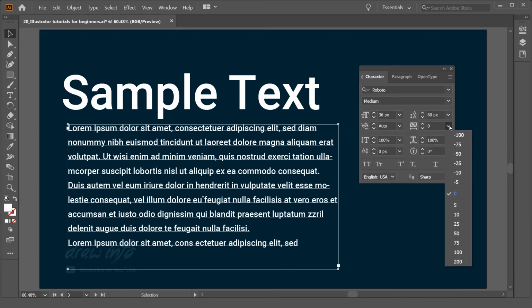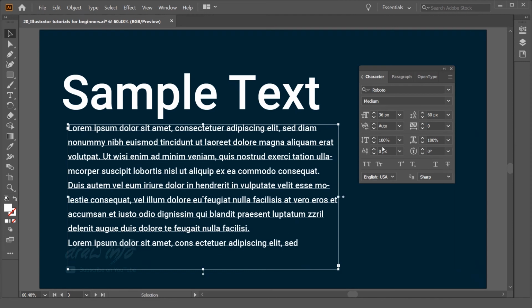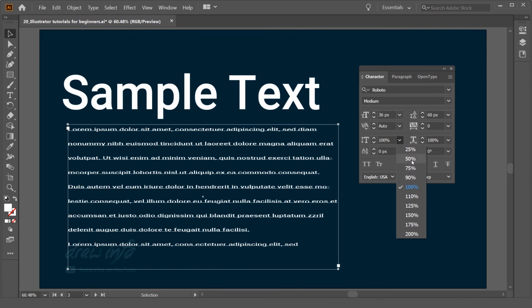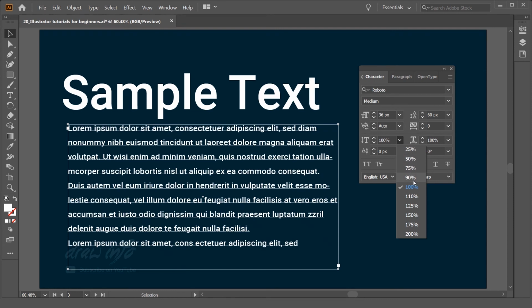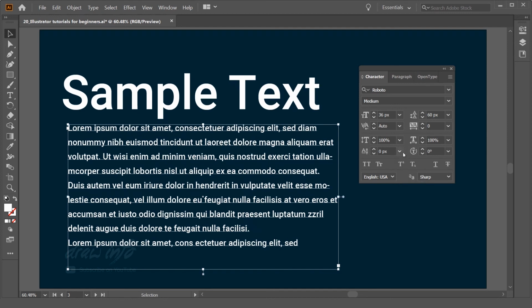Then this is the space in between two text characters, so that also you can control by giving in-between space. And there are a couple more options over here. You can stretch and squash, if you want to reduce the height of the text or increase the height of the text, so you can do it by controlling these things.